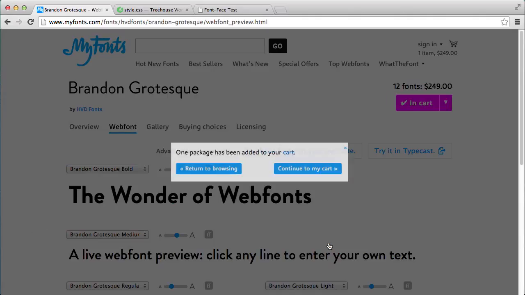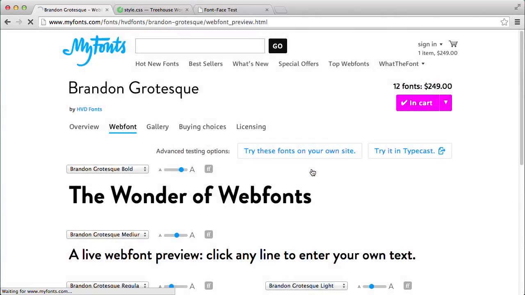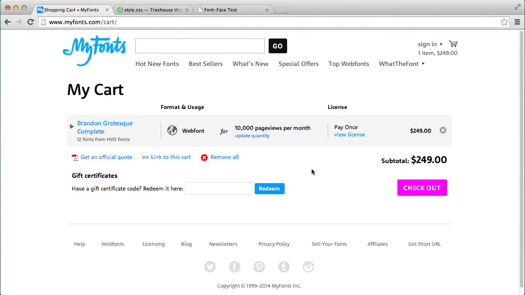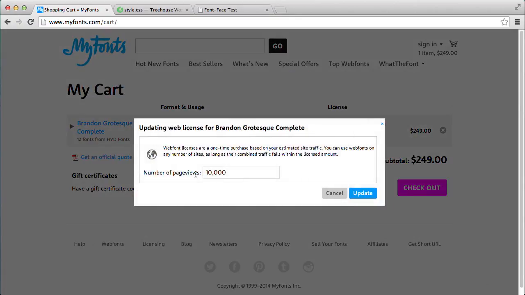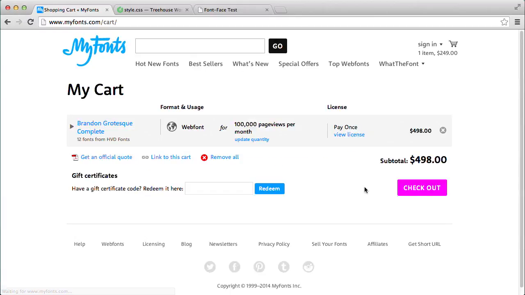Add to Cart. I'll continue to my cart, and on this page, we're presented with our page views per month. You should enter whatever page view your site is getting per month. So let's say we're getting 100,000 page views. We'll see here that our total actually increases. And this is because more people will be seeing the font on a site, so it requires a higher price for a license. If we finish the checkout, we'd get instructions from MyFonts on how to implement these web fonts